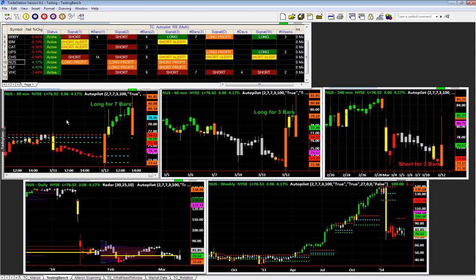So there's also, Marlo says that you have the Commander Series and the Avalanche. How do I configure the AutoPilot and RadarScreen? One thing that's really important to know is that if you have the Commander Series and you have AutoPilot, it has to be the AutoPilot for RadarScreen that you're using as the indicator in RadarScreen. And this is very important, you have to subscribe to RadarScreen. If you do not and you're just using the quote panel, you'll get a lot of the information, but unfortunately, you will not get